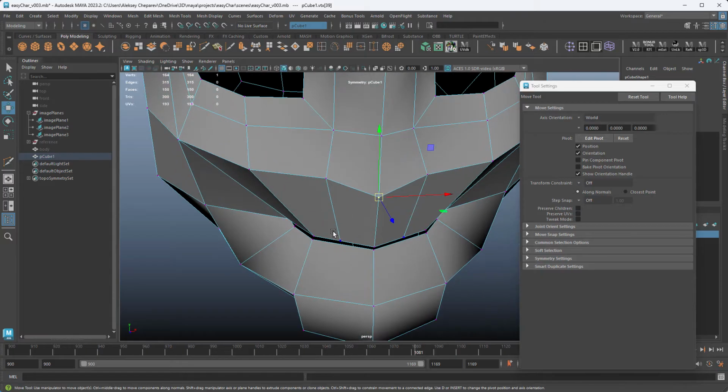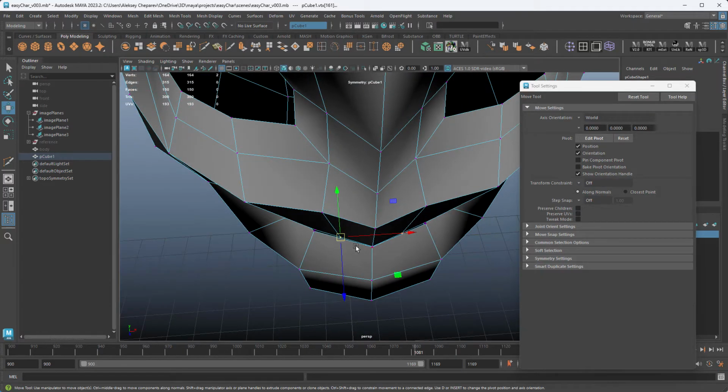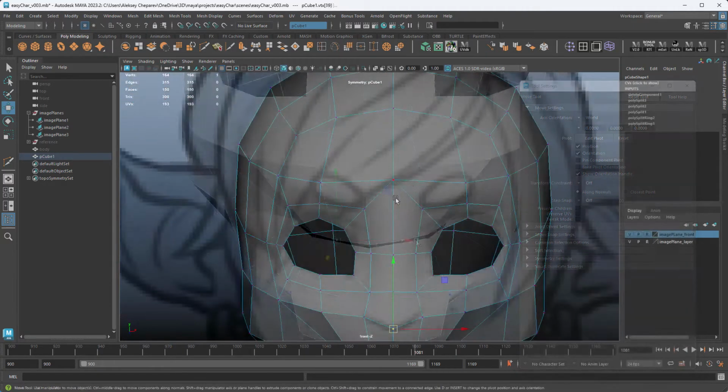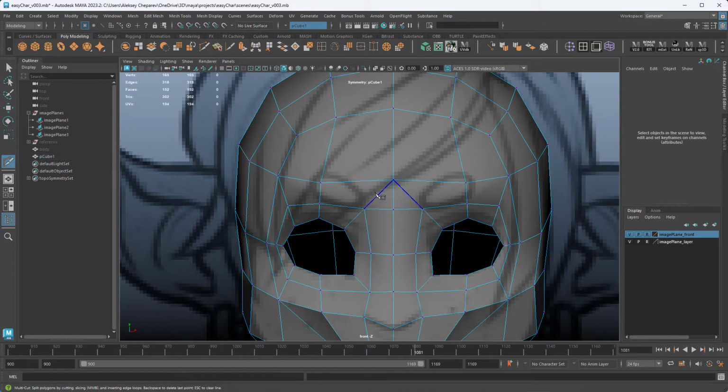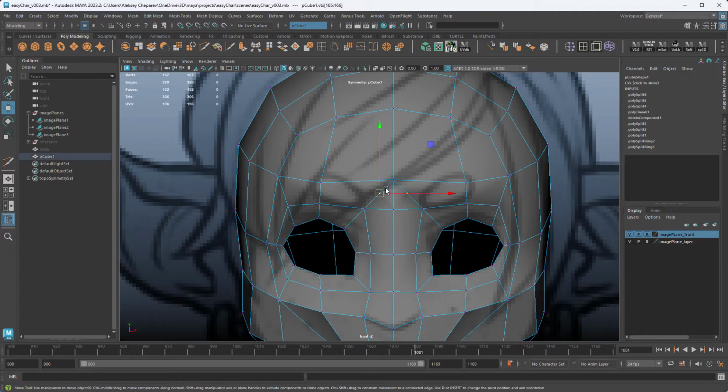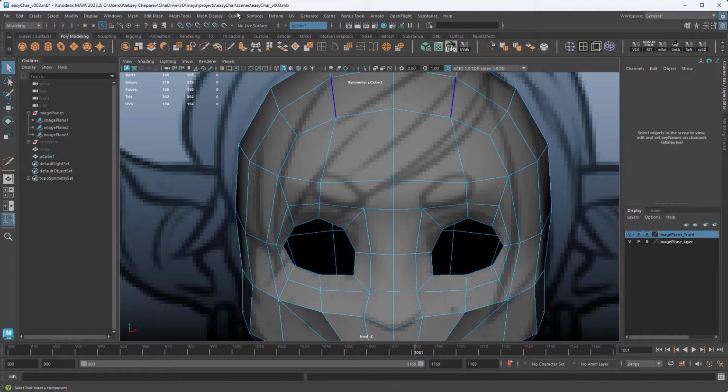And if we delete these vertices, now we have some geo for the nose here. And always make sure you adjust all the loops afterwards, because you can see now this is straight, so we need to round this off. Right here, this brow area, we also don't want this vertex here, this high valence vertex, so we're going to just go across like that. And then, oops, just delete these edges here.